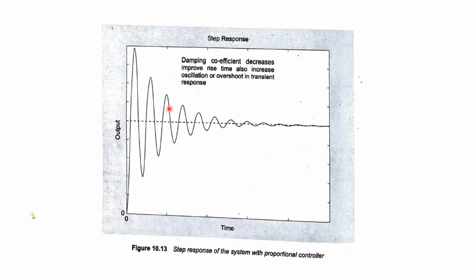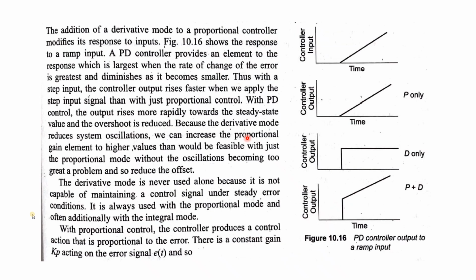The system may have less error, but the stability of the system may reduce, because too much overshoot and too much settling time is not good for any system. That is why a proportional controller can only minimize the error depending upon the gain, because it operates in such a way that it produces a control signal proportional to the error. If the error is more, it will give more gain. If the error is less, it will produce less gain. Just proportional, that's it.